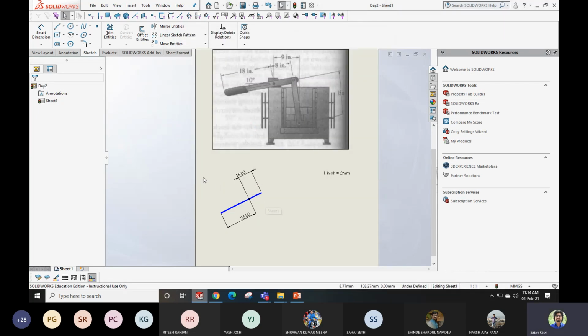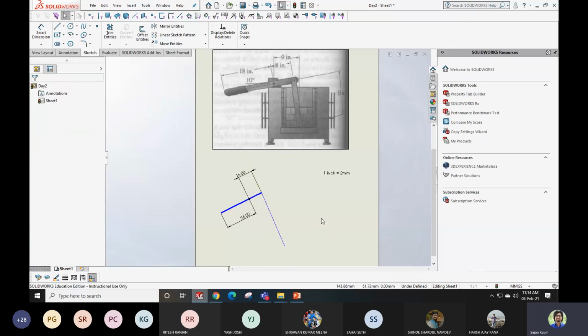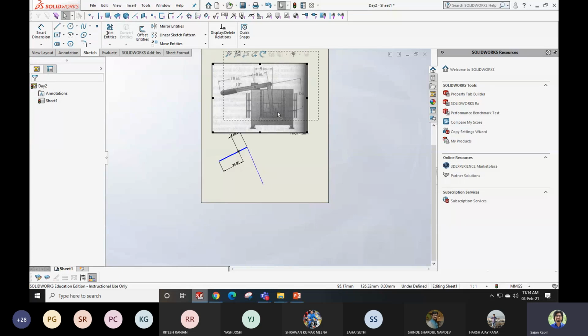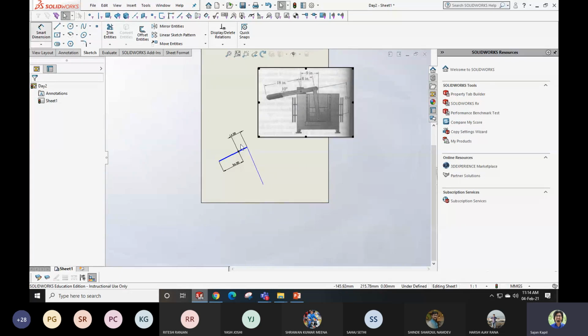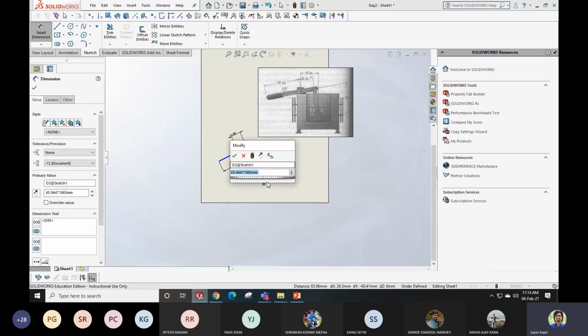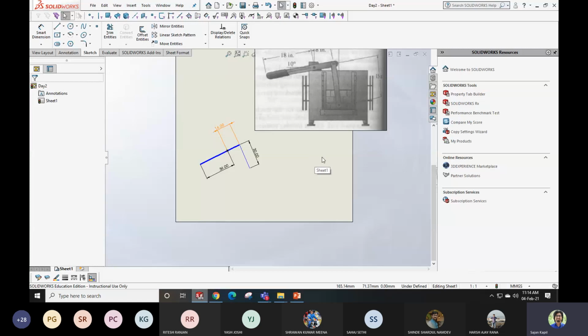Fine. Now my target is to locate this particular point. How can I locate it? It is given that the point is connected with this at this point, and there is a line over here. Other than that, I don't know anything. I only know that the length of this link is given to us, that is 15 inch. That means the length from here to here is 15 into 2, means 30. Correct. So 15 into 2, it is fine.